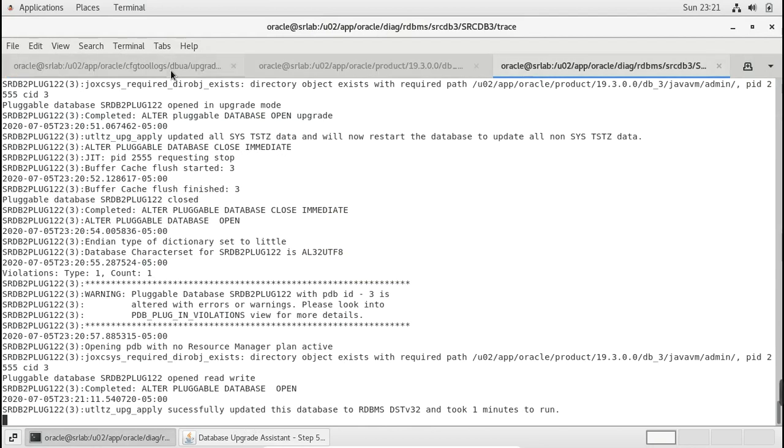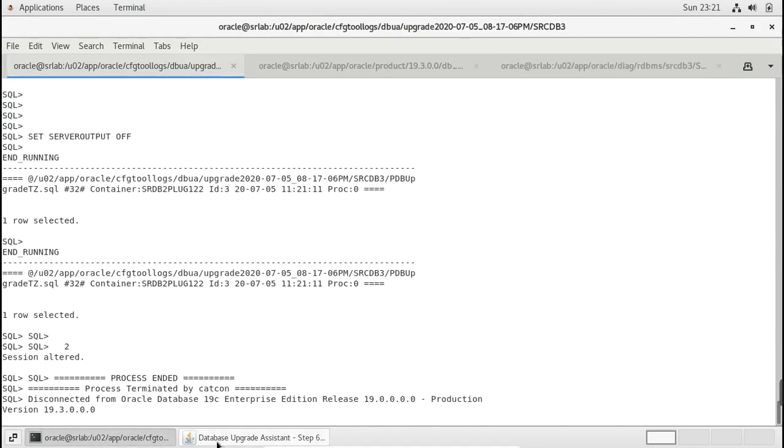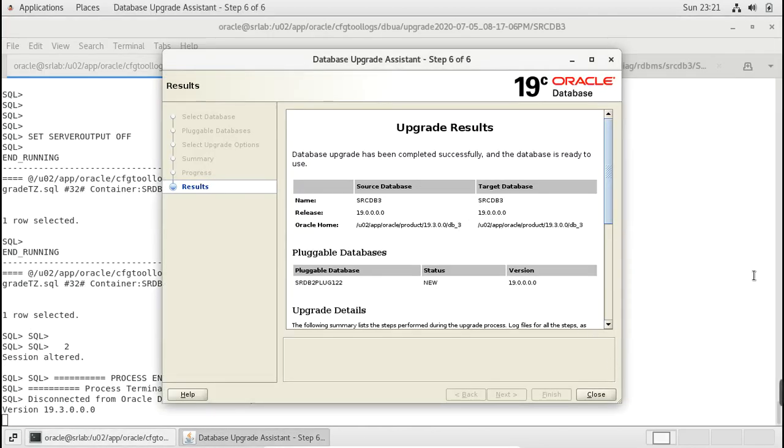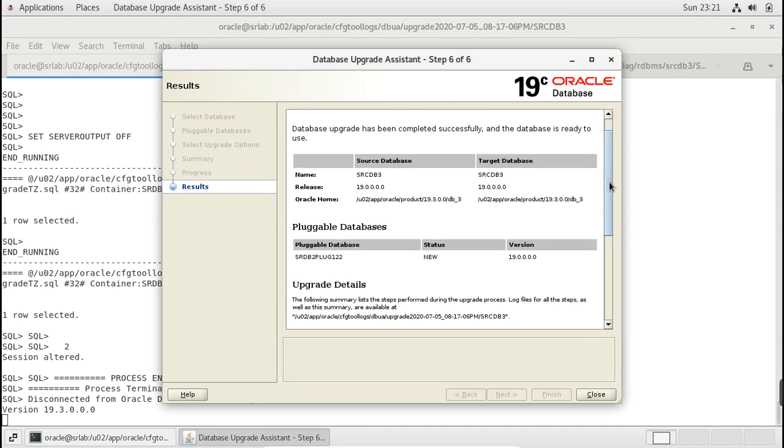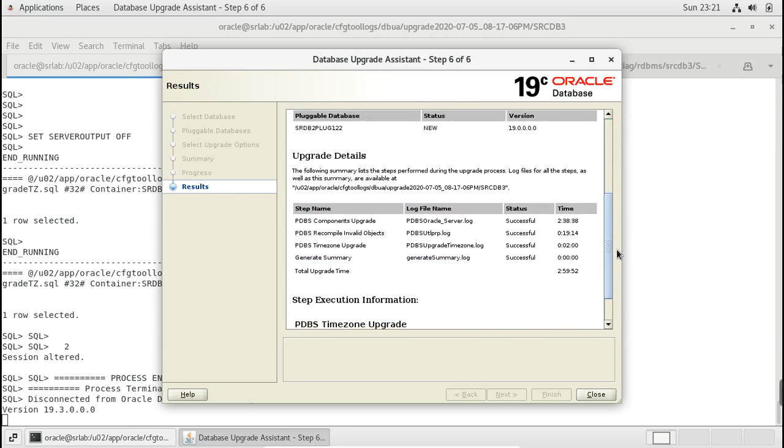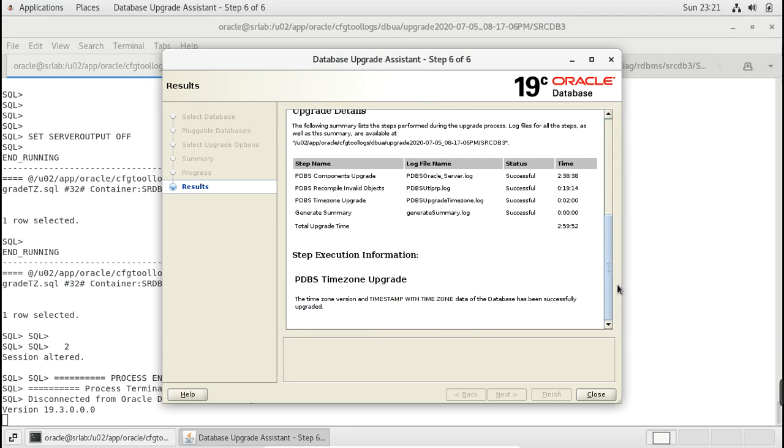So it also completed successfully. You can see the upgrade completed successfully. That PDB upgrade completed successfully. Here are the upgrade results and summary. So everything is successful, with no failures.